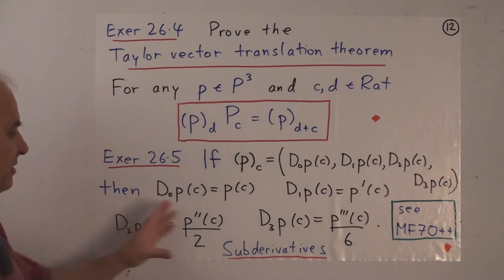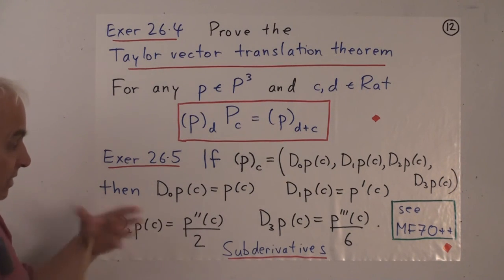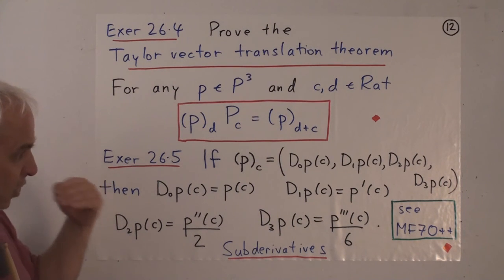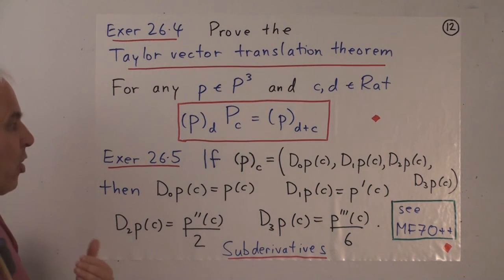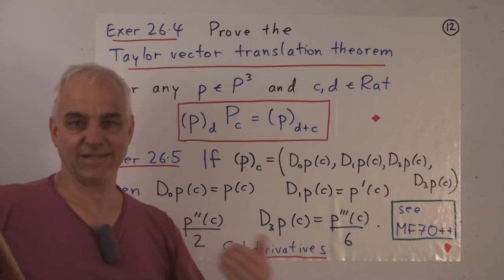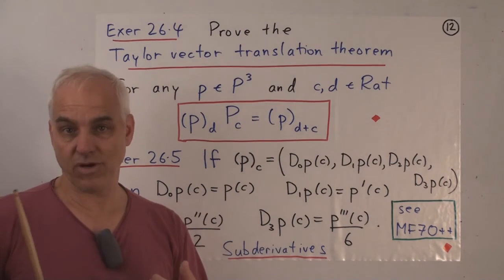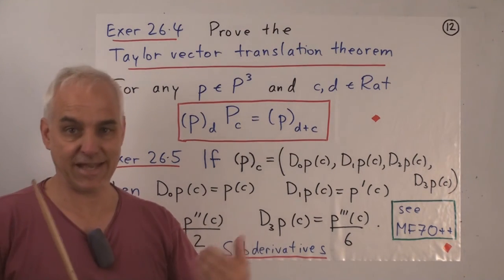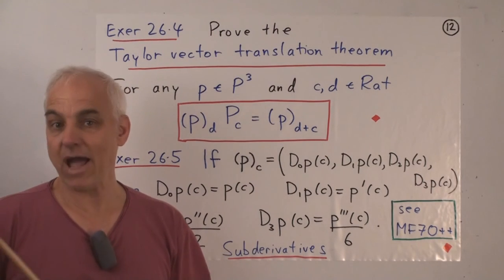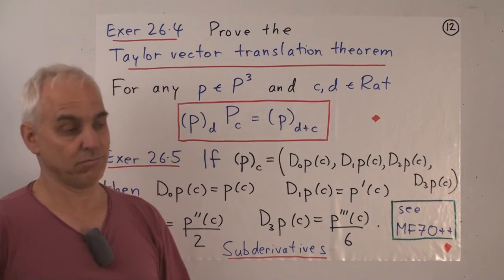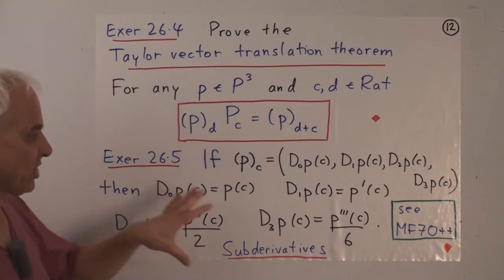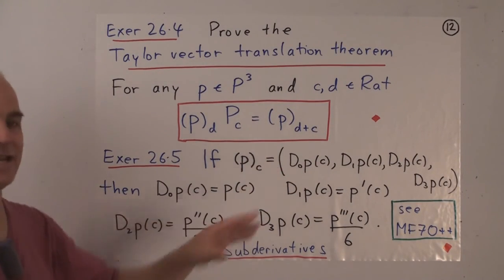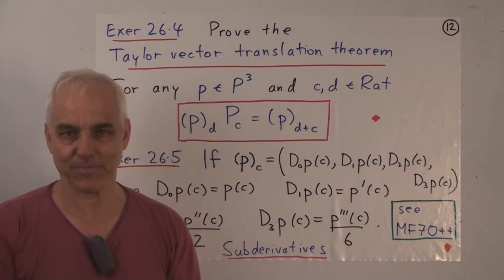And this is a very nice approach to calculus. So basically what we're seeing here is that all of these first four derivatives, including the function itself, are already encoded in translation of coordinate vectors. We're just really translating the polynomial and seeing what happens to the Taylor coefficient vectors. So it's a powerful approach to calculus which is encoded essentially in an exercise like this.